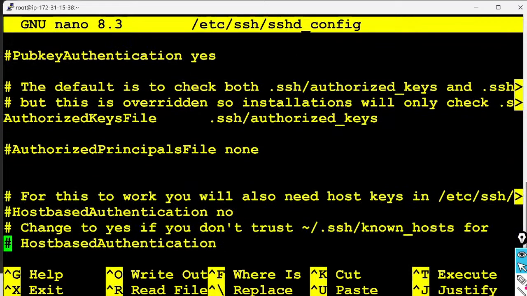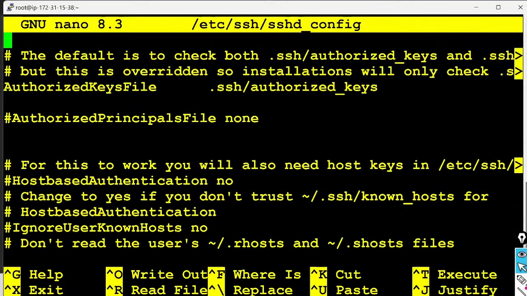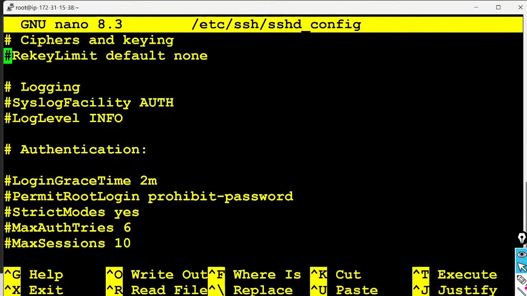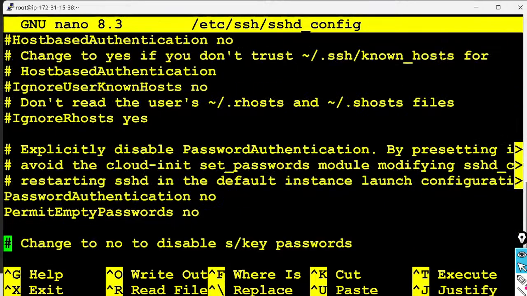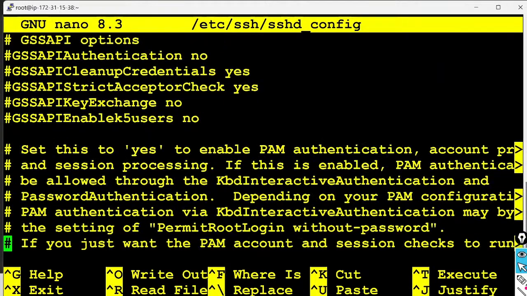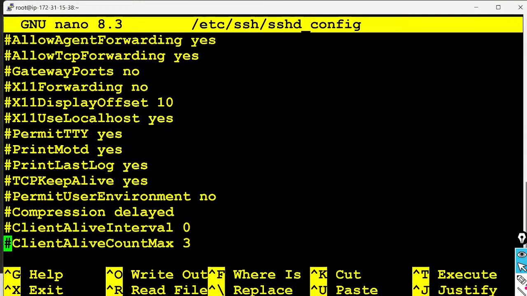Once you open this file in edit mode, just scroll down and it is showing you PasswordAuthentication.